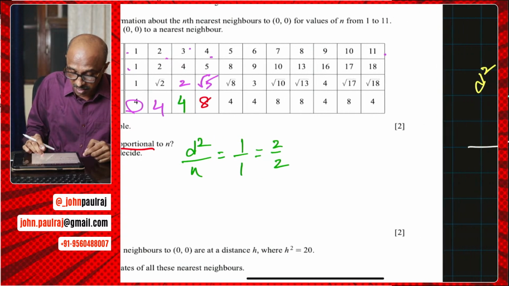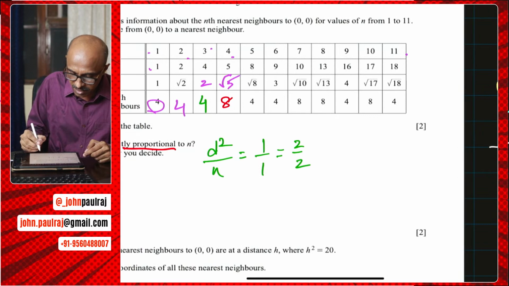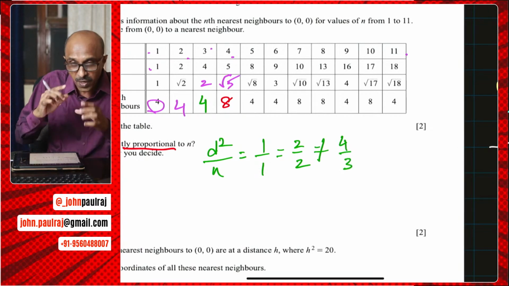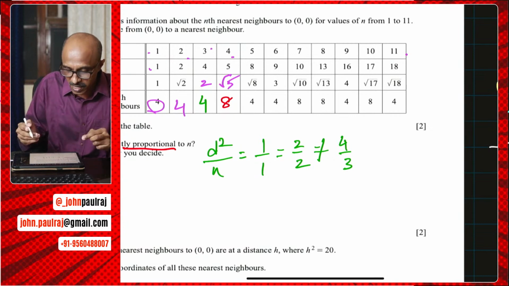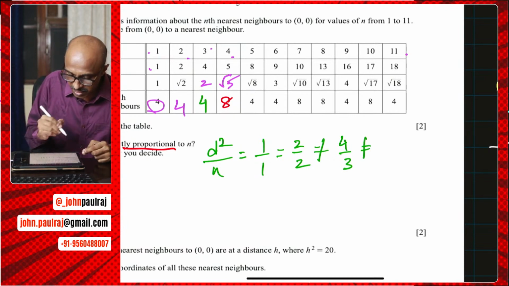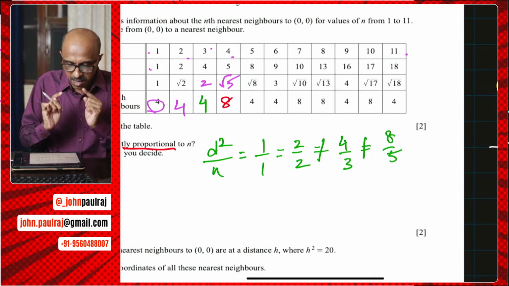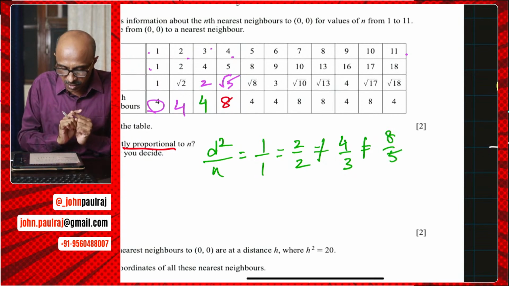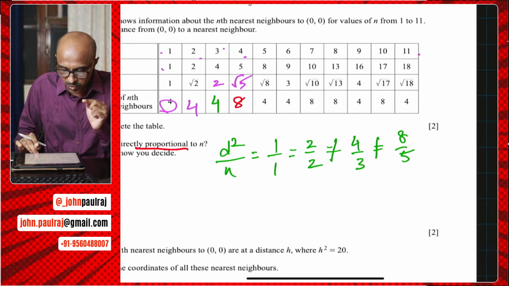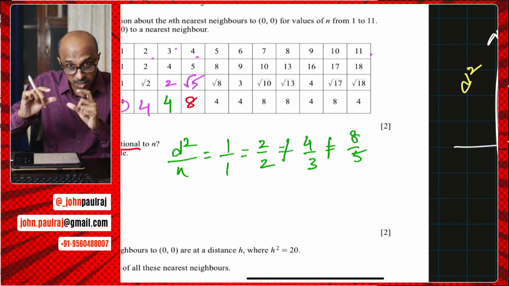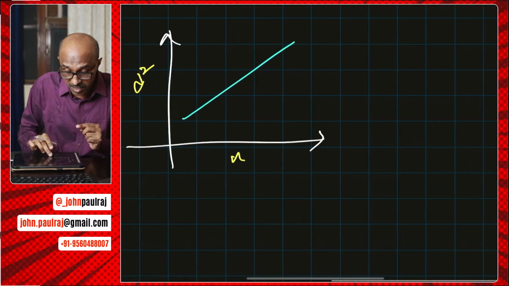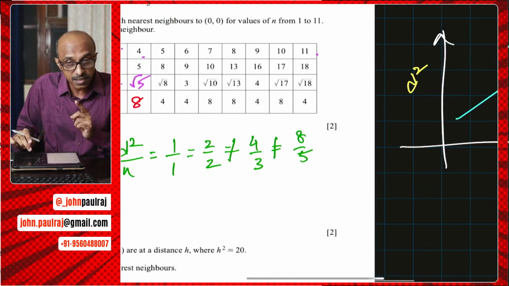That's equal, right? But when you look at the next one, it is 4 over 3. The ratio of the corresponding terms must be equal. The same thing happens with the next term, 8 over 5. If d square was supposed to be directly proportional to n, then the ratio of those corresponding terms must be equal, and that's what's going to give us this kind of a graph. So if it's not,